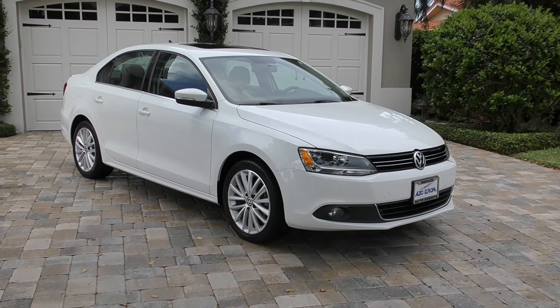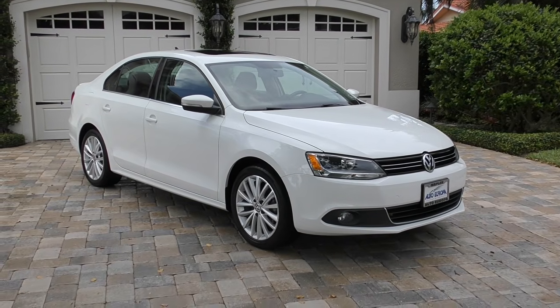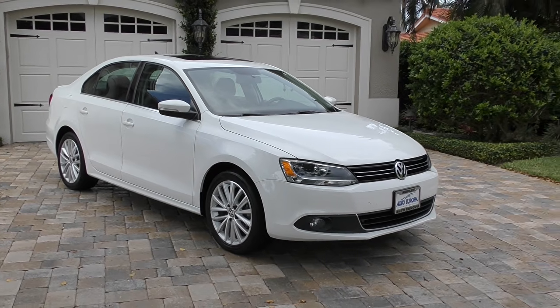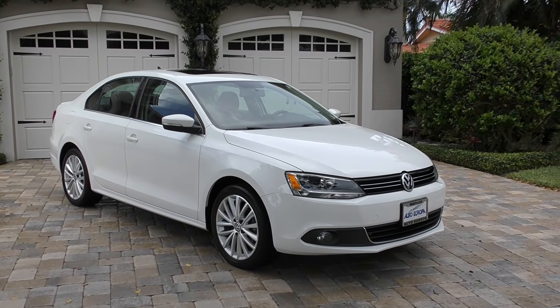Good morning. This is Bill from Europa, Naples, and today I've got a car that's very near and dear to my heart. This is a 2014 Volkswagen Jetta TDI sedan. It's a premium with navigation model. It's finished in white outside, it's got black inside, essentially a police car,